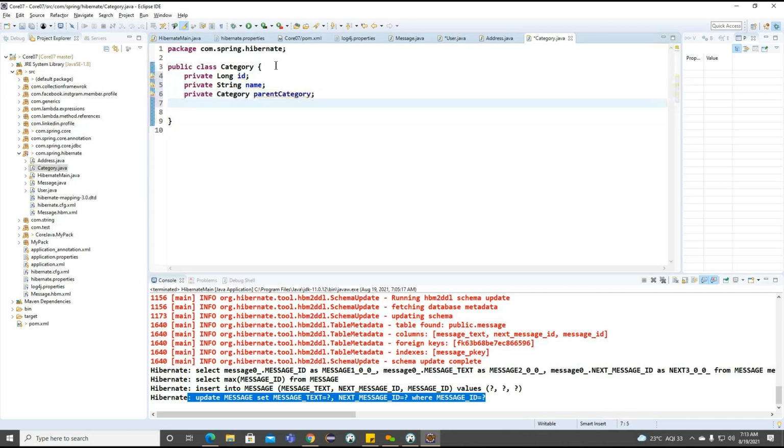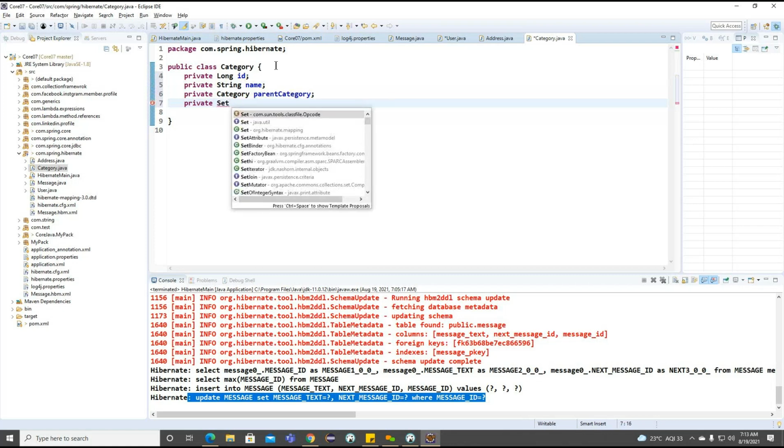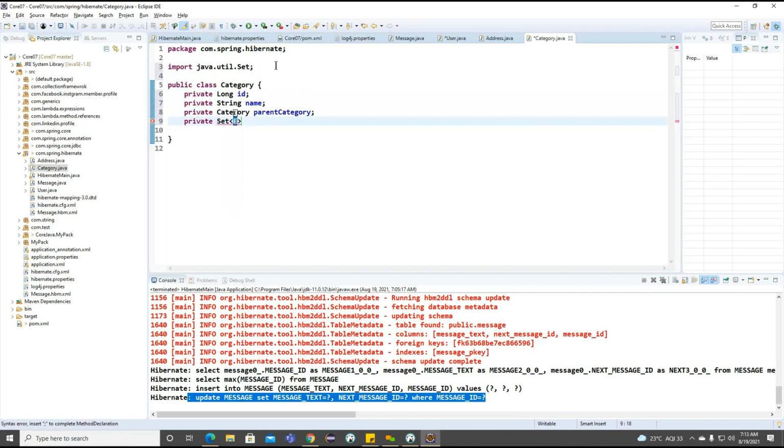So this is our parent category. And now I am trying to create our child categories here. Child category. So to create this particular child category, now how can we write here?